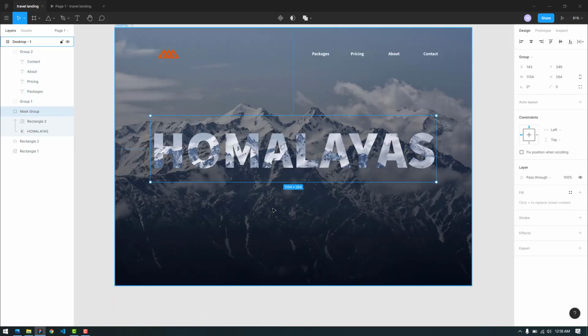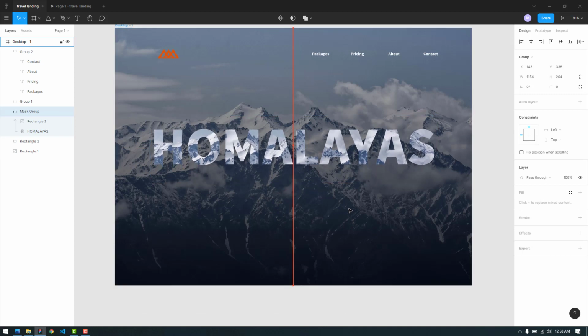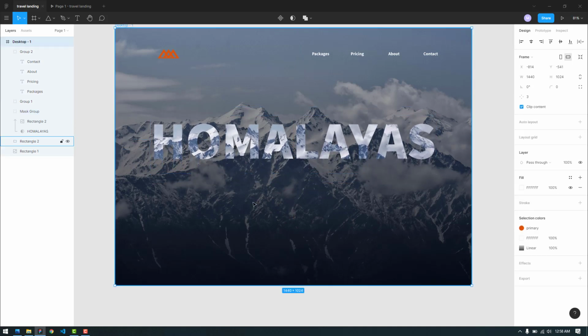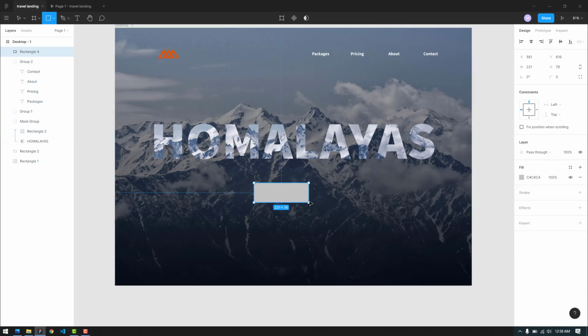Okay, now we are going to add a button here that says explore. So let's do that. Let's create a rectangle first. R is the shortcut key. This is our rectangle. We are going to use this orange color, which is the primary. We have saved it. Actually we don't want the fill, we are going to make it transparent, but for the stroke we are going to use this color. So let's try 3 pixels. Okay, it looks fine. Let's make it center.